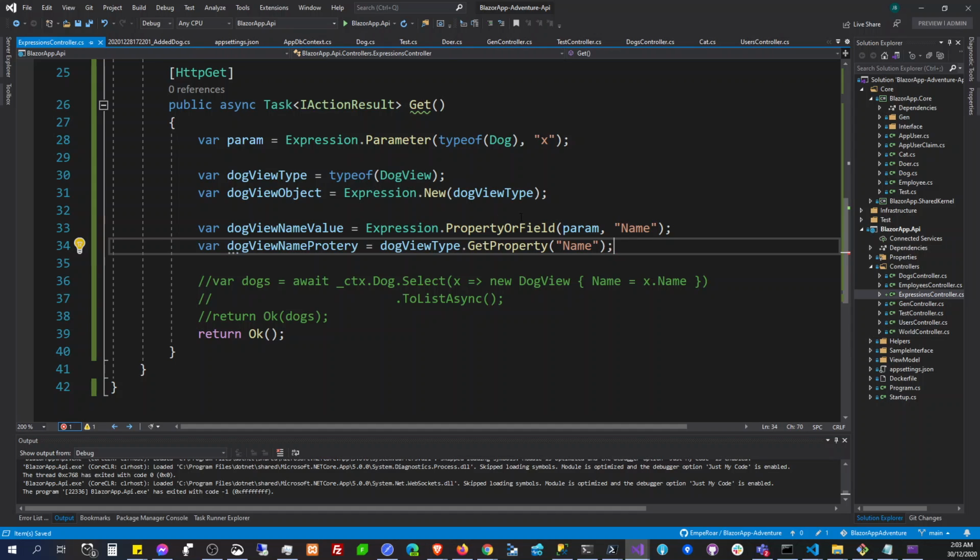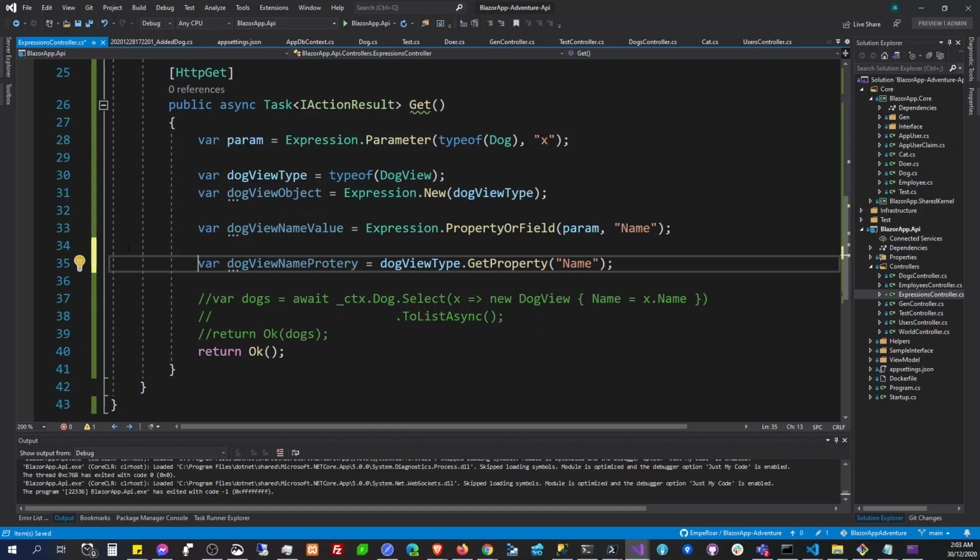Yeah, because this is what we're going to set here. So this is dog view type. Yep, get the property of that dog view type, and this one the value should be